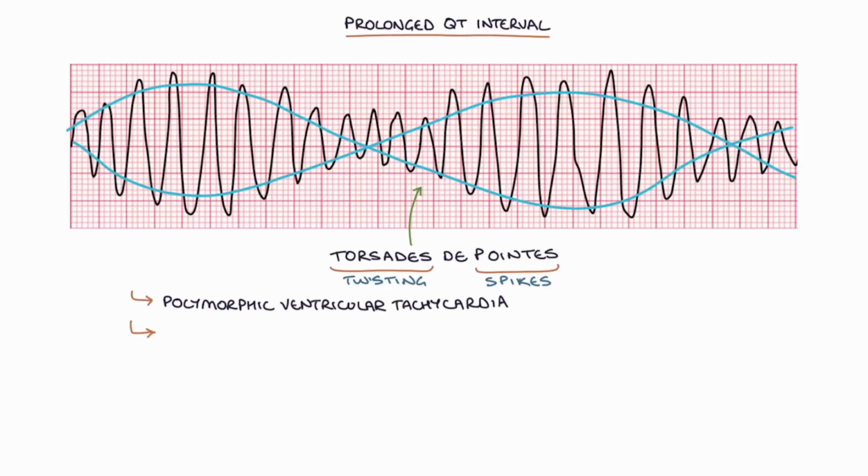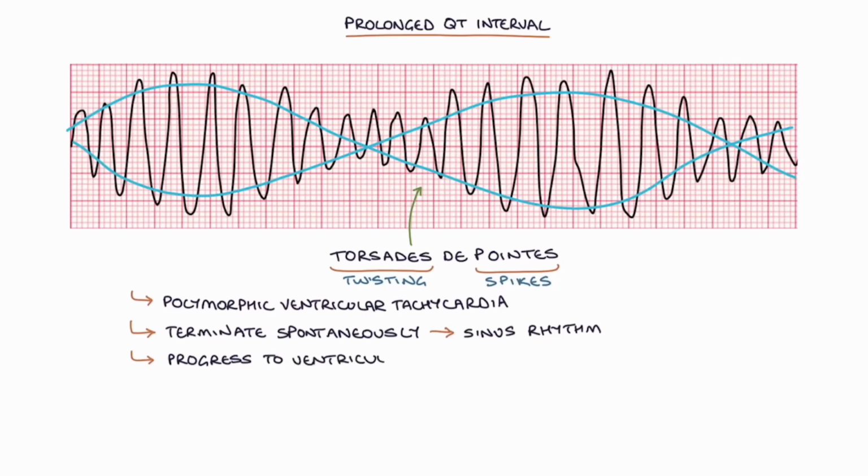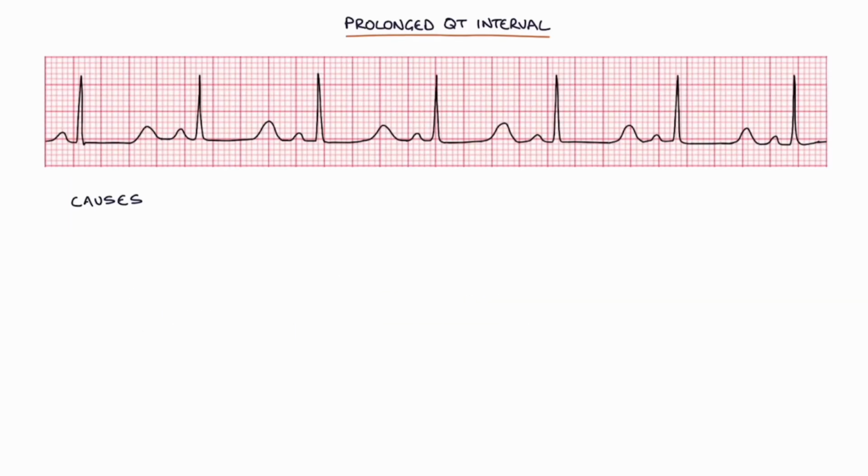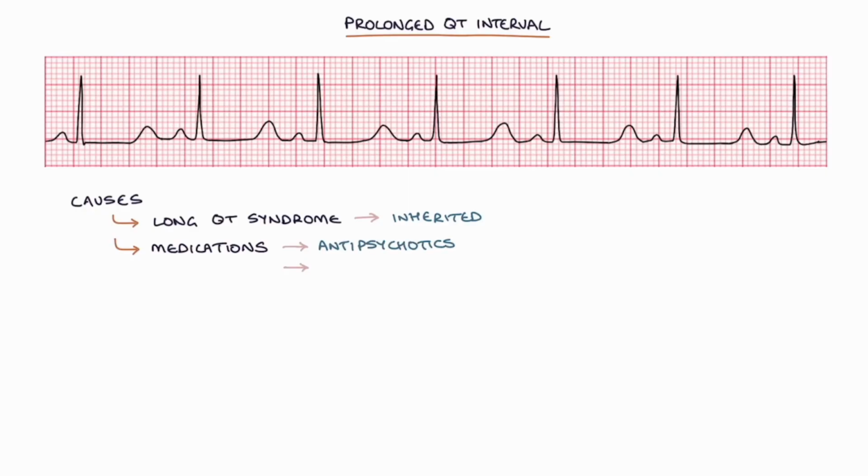Torsade de pointes will terminate spontaneously and revert back to sinus rhythm, or it will progress to ventricular tachycardia, and ventricular tachycardia can lead to cardiac arrest. The causes of a prolonged QT interval include long QT syndrome, which is an inherited condition,